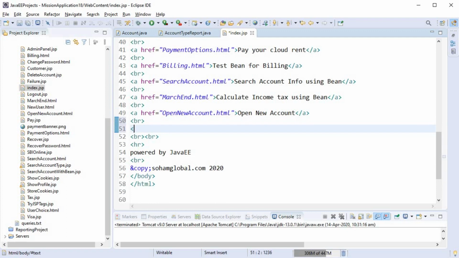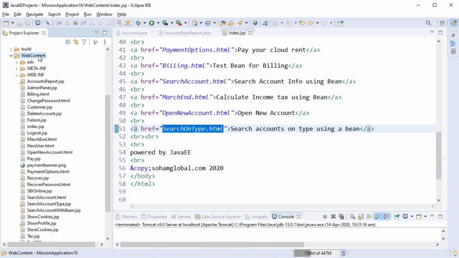And this HTML will take account type and will send it to a JSP, which will display the report with the help of the bean that we have created. So we are adding an HTML hyperlink on the index page. It will take me to search on type.html. Now this is the HTML page that we want to create. So right click web content, go to new, take an HTML page with a name,